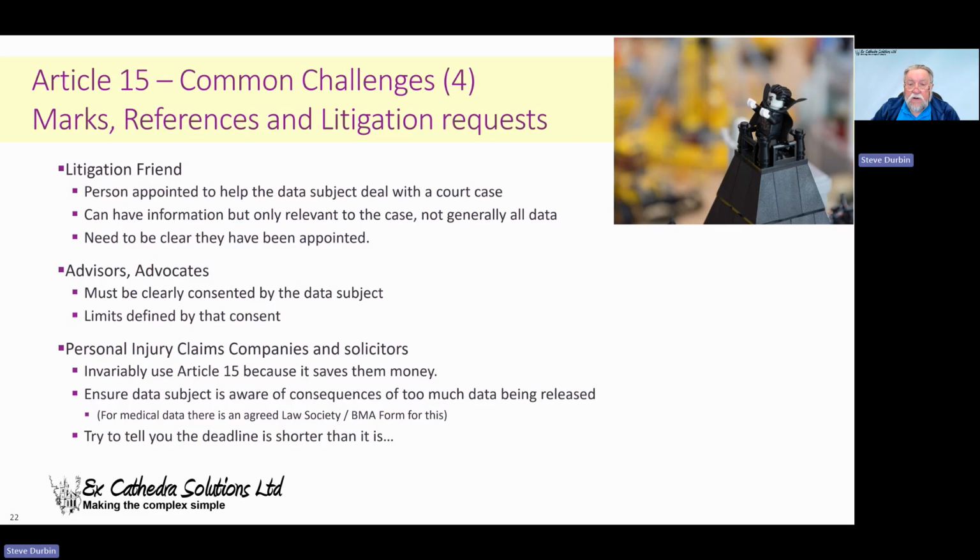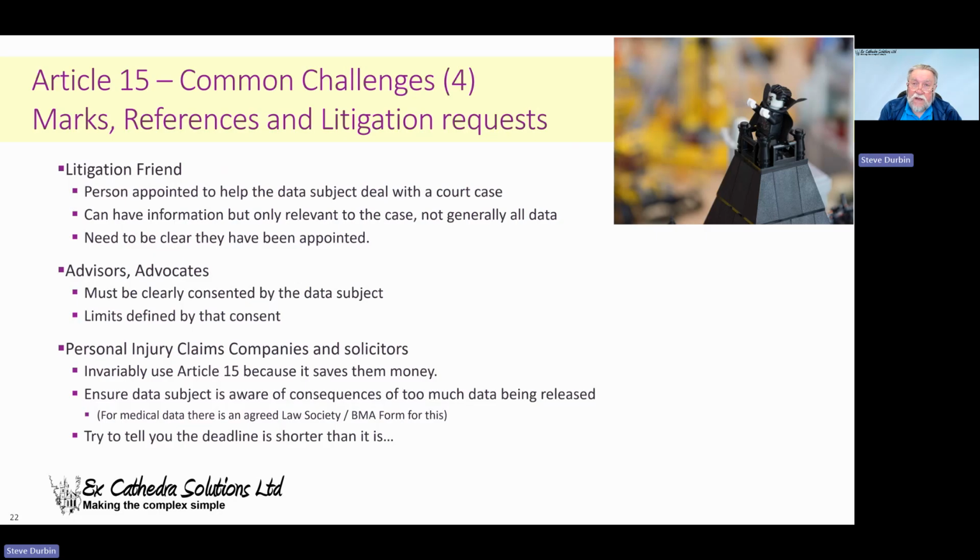The other bugbear that we get a lot is personal injury claims companies and solicitors. What used to happen, before not having to pay for these things, was that they used to pay GPs and other medical practitioners to give them a report on the patient's injuries, which would then go to the court. What they now do is they ask for the full medical record, and they then outsource, usually to cheaper countries, the production of the medical record. That's excessive data use by definition. They don't need the whole medical record for the purpose of producing a report.